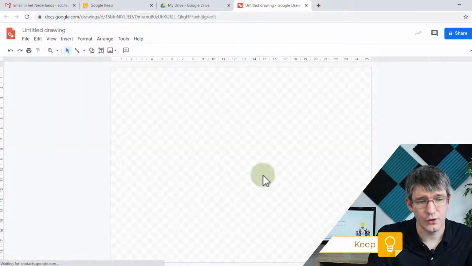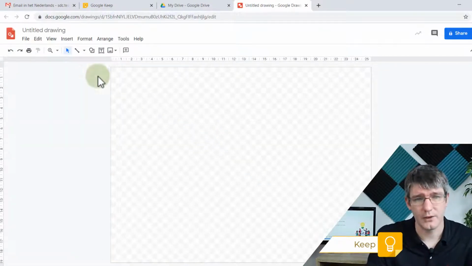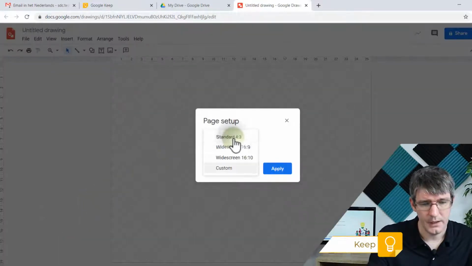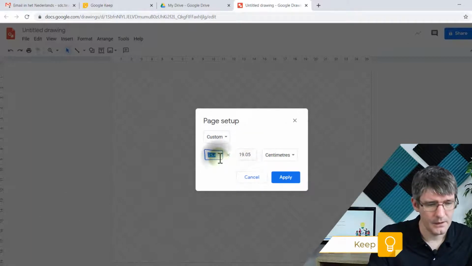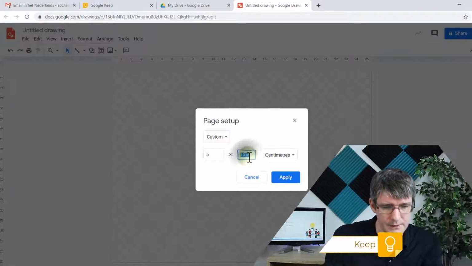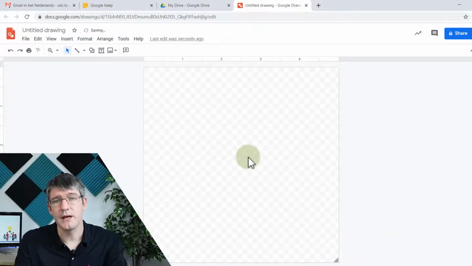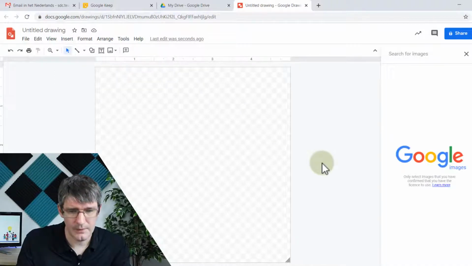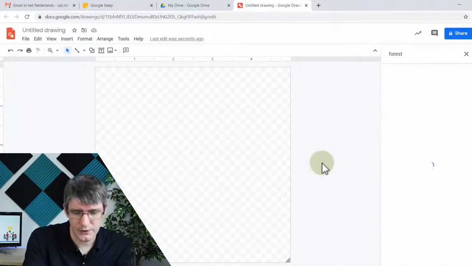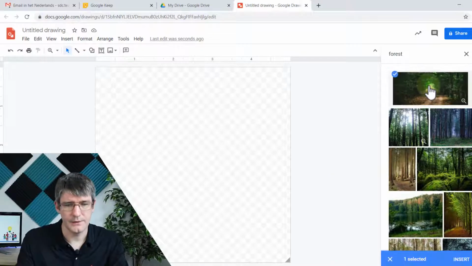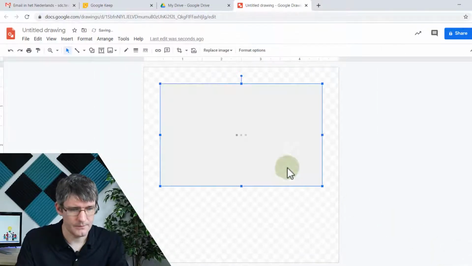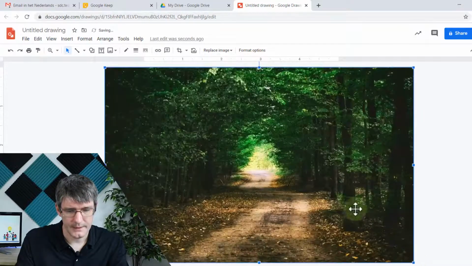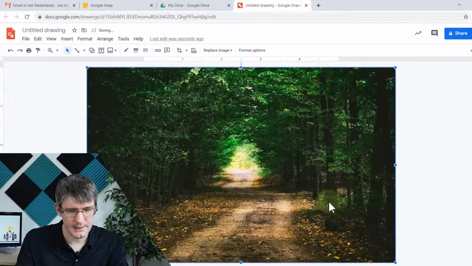Now, once we have our Google Drawing, we first choose the size of our canvas. So let's go ahead and select the File, and then the Page Setup. Here we're going to select Custom, and maybe we choose 5 centimeters by 5 centimeters. We have a nice little 5 by 5 square, and we're going to insert an image. Let's search the web. Let's find a forest image and use that image on our 5 by 5 screen. I'm going to just move that to the top, make it a bit bigger, maybe center it nicely,